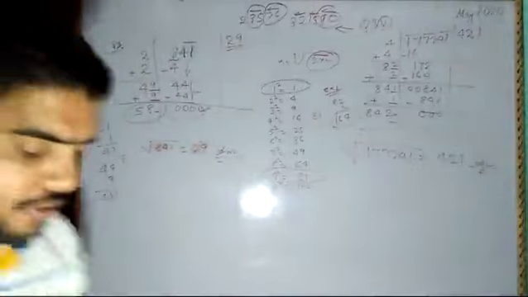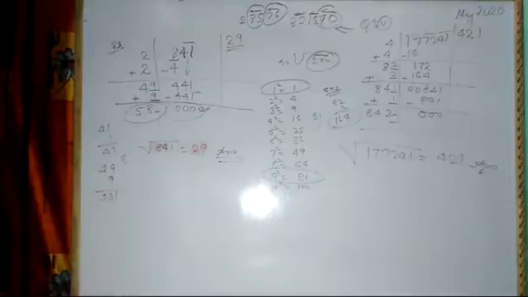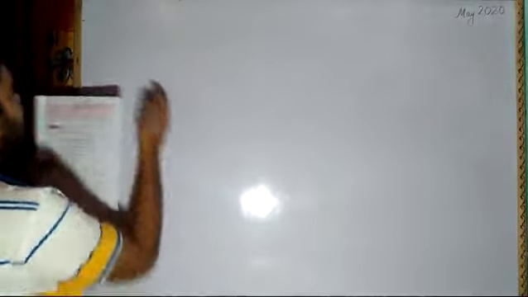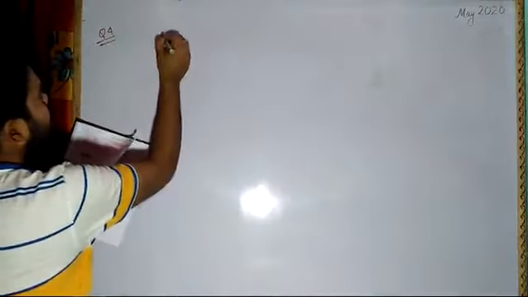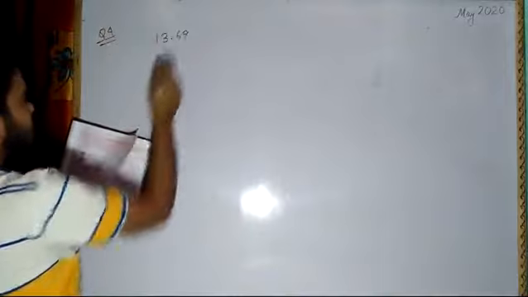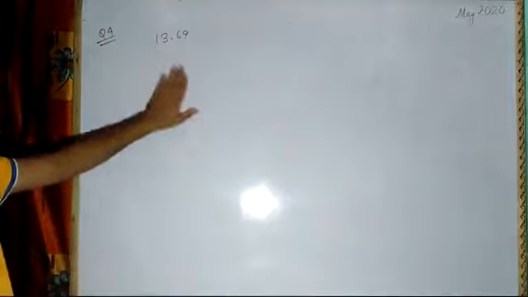Now question number 4, we have to find the square root of decimal numbers. Now we will see how we are going to calculate the values of decimal numbers. How we are going to calculate square root. Now to find the square root of decimal values, let me take one question from our book only. It is given 13.69. We have to find the square root of the following. Now if you go by the prime factorization method, it will be a bit difficult, so better we will go by the long division method.